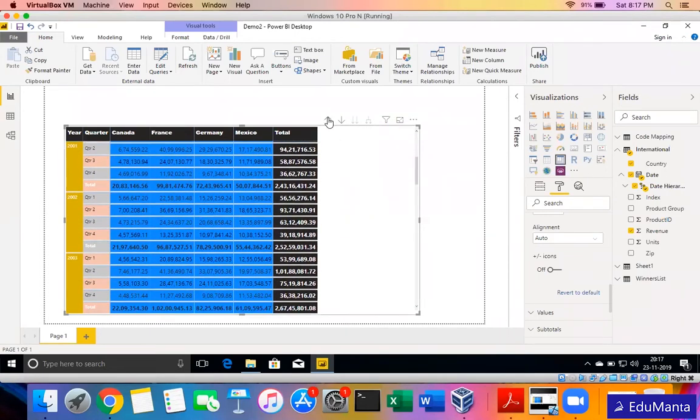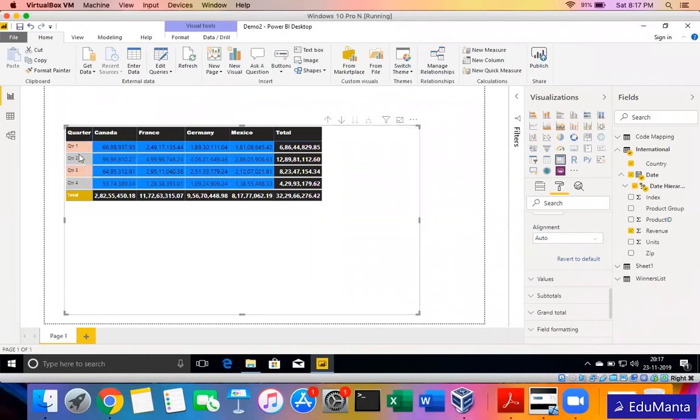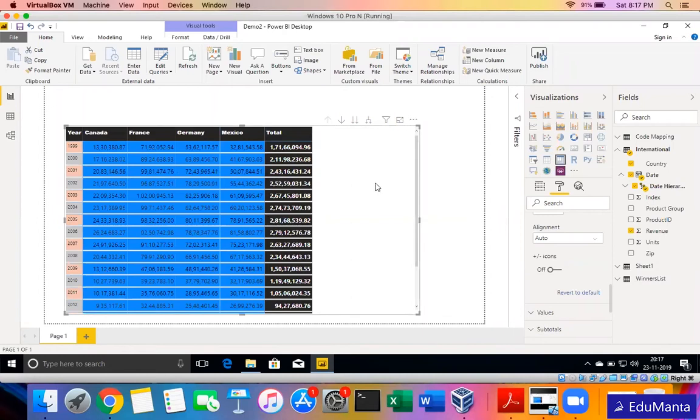And then I can move up the hierarchy saying drill up. It will just drill up. If I want to see data just at the quarter level, I can just drill down. So it will just give me quarterly breakup. No year section is there. So this way, if we have hierarchy data, and the same thing applies for column as well. Here we are having the hierarchy in the rows, year and quarter. If we had the same thing in the column section, maybe inside country we had state data, then the same thing would apply here also. We could drill up or drill down depending on the requirement.